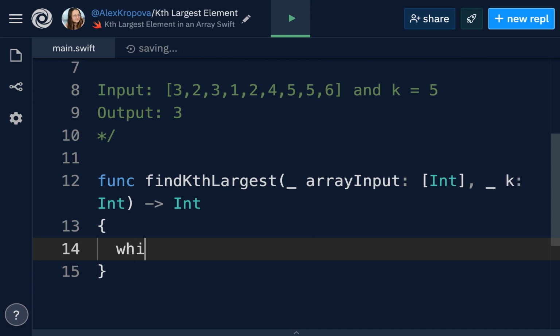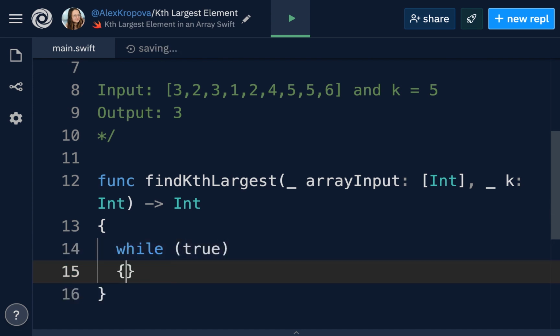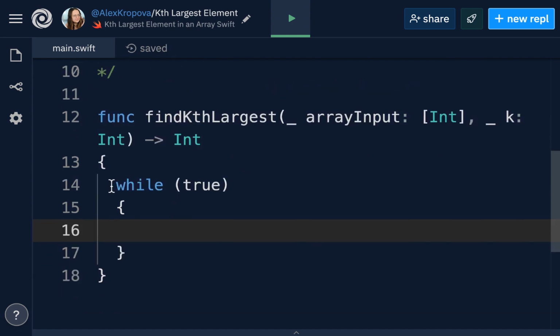We're going to make an infinite while loop, while true, and we will break out of this loop once the array is completely sorted. We're going to make a constant called pivot, and that will be the element we pivot around to sort all of the elements in the array in ascending order. We could also do descending order. It doesn't matter, but let's go ahead and call a partition function that we will make ourselves. So this partition function is going to help us sort the array. So let's build out that before we go any further.